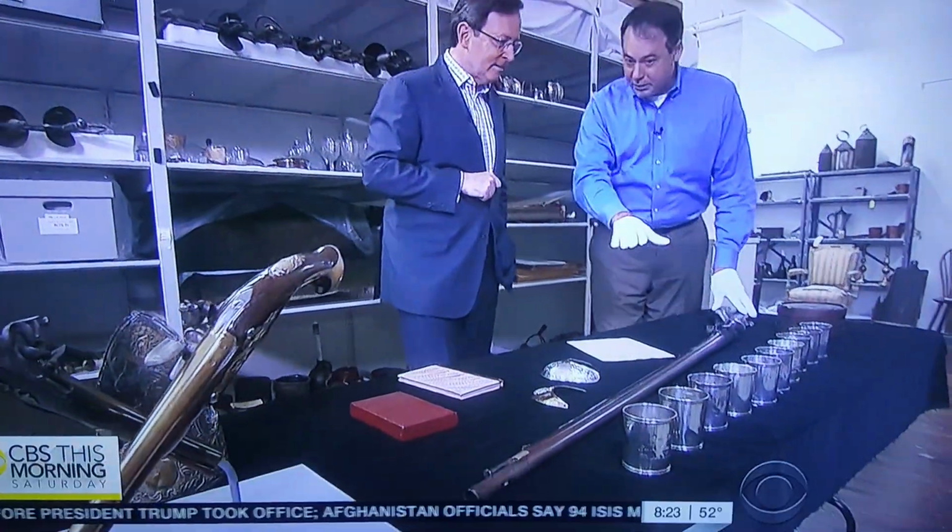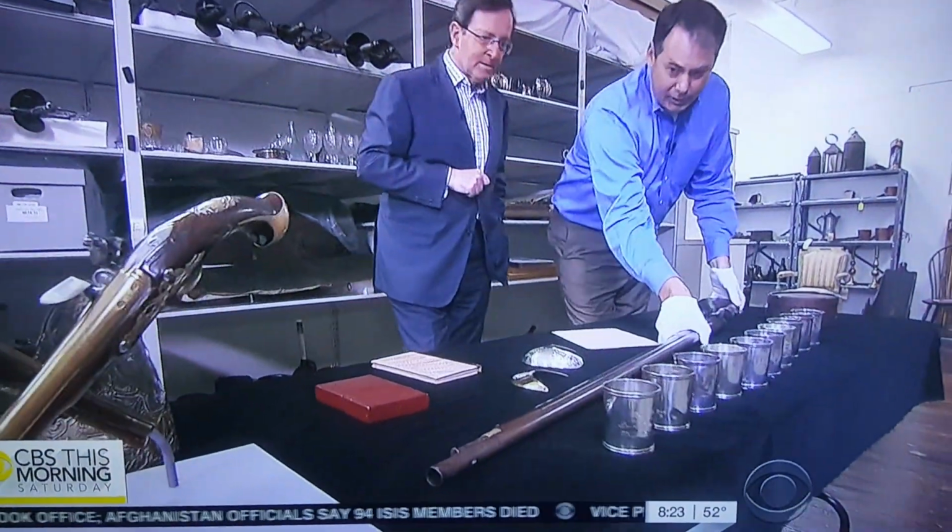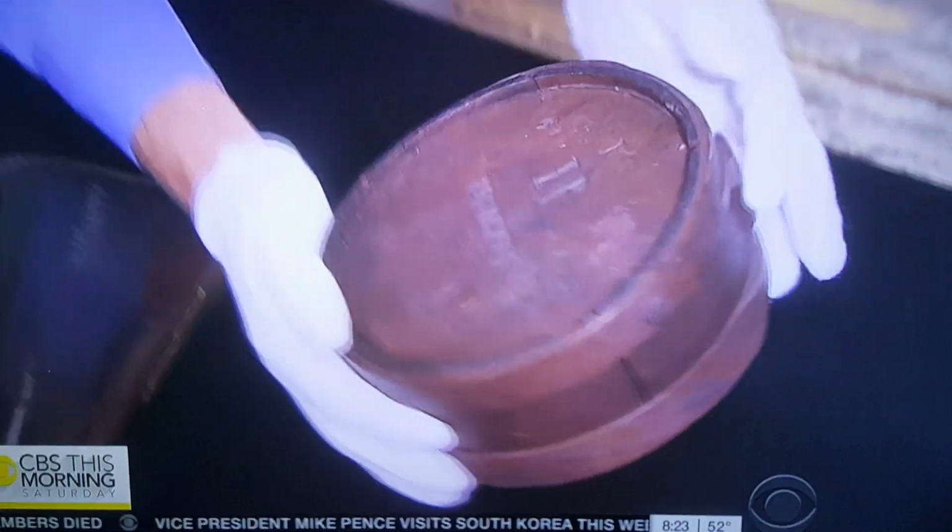This is a British musket? A musket used in the Battle of Lexington and Concord, the first action in the War of Independence. It would have had a...